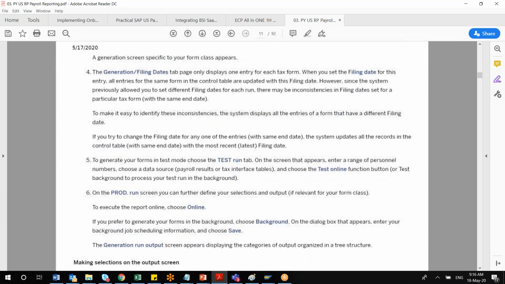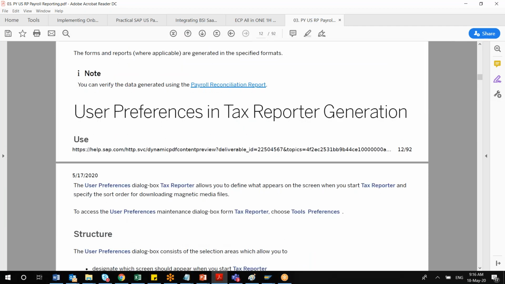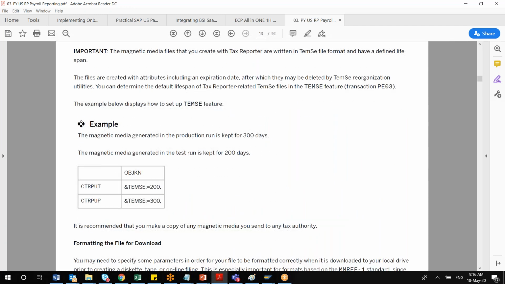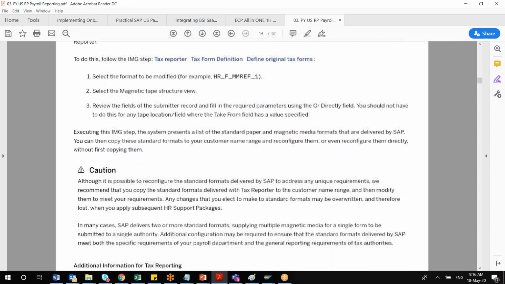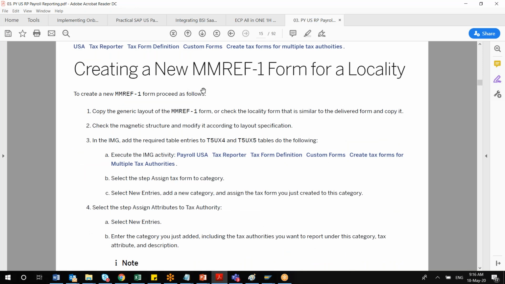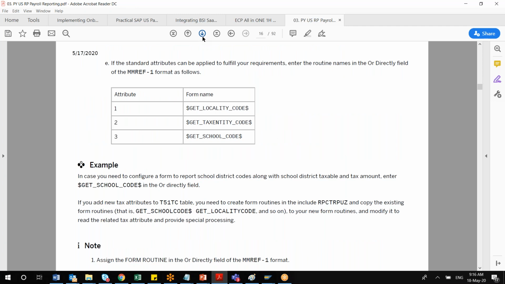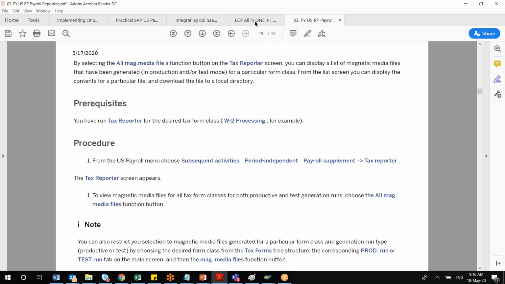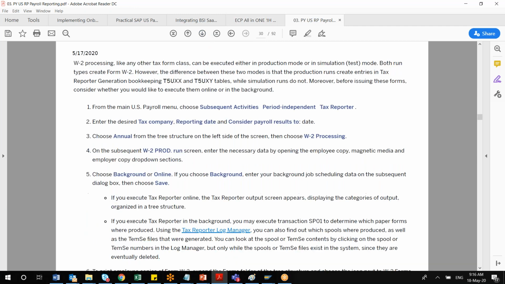So for that reason this is very lengthy, I believe. If they put a picture of that SAP user screen it would be more, but this is the way they document it. There are certain additional things which I have never used, like this MMRE one, for some local reporting for a particular locality. But if you get an opportunity to work on such things, it will be good to learn. I'll not be going into details because it's a very lengthy report.